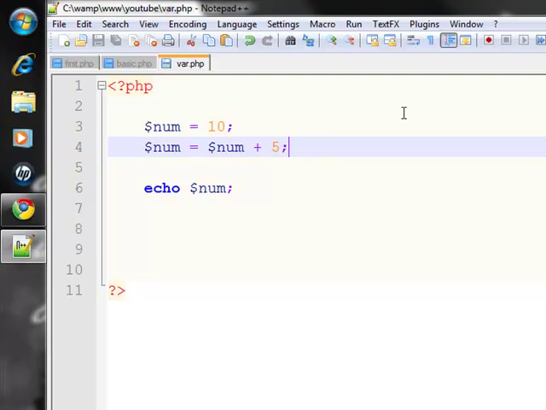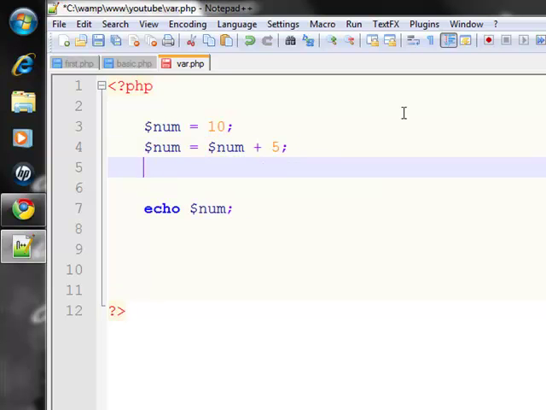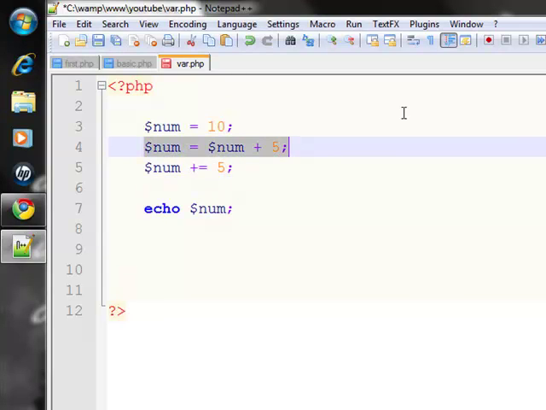Okay, now that's one way of doing this thing. Now if we want our code more flexible and to save our typing time, we can also use $num += 5. This statement which I write now is similar to this.